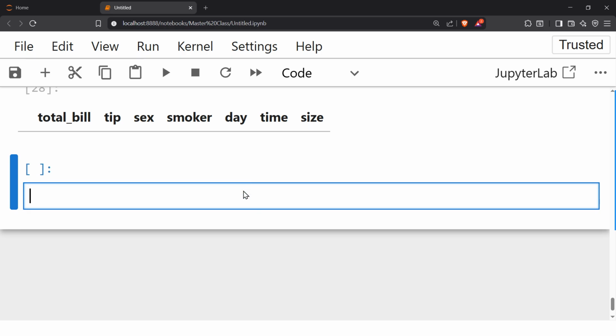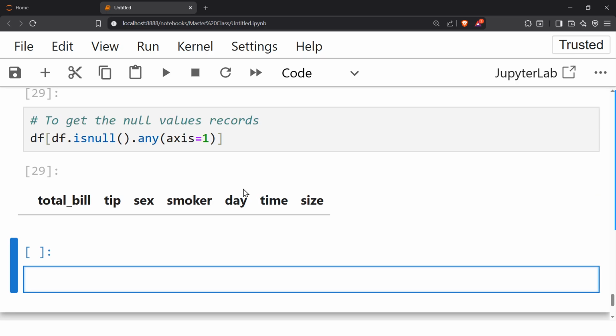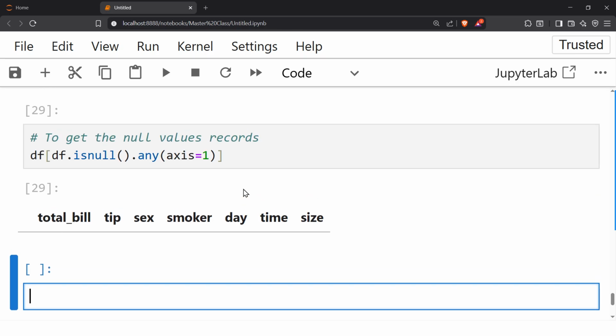Now if you want to see is there any null values in our data set, so simply we need to go with this. To get the null values records, simply you need to go with what? df[df.isnull().any(axis=1)]. And if you run this one, as you can see, there are no null values records in our data